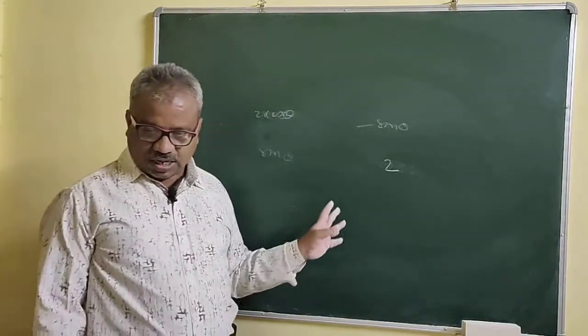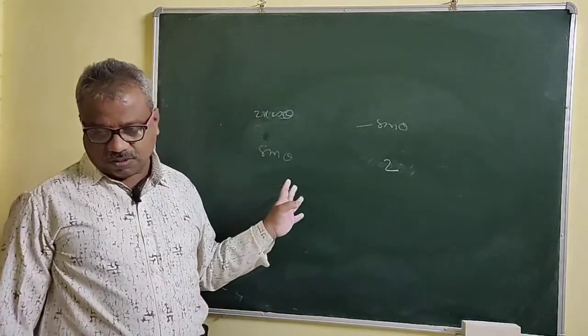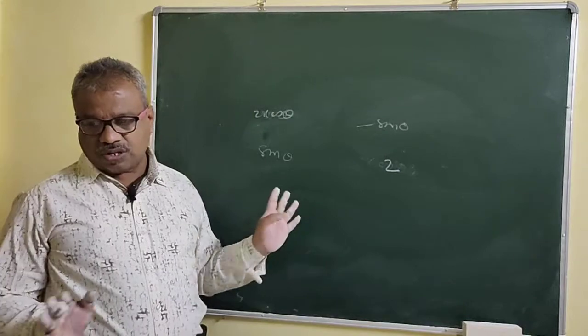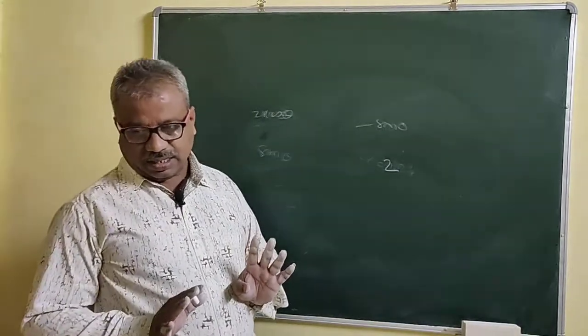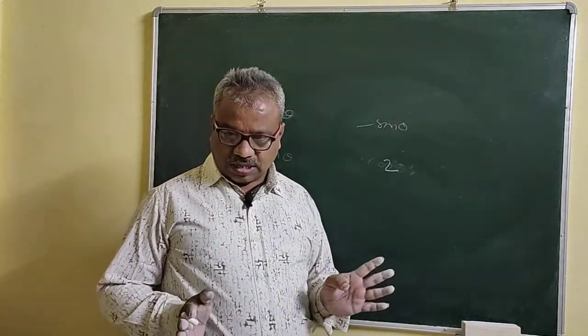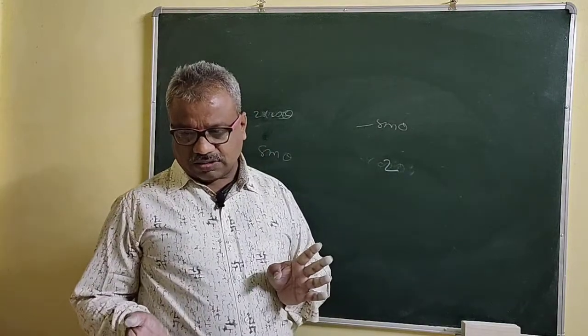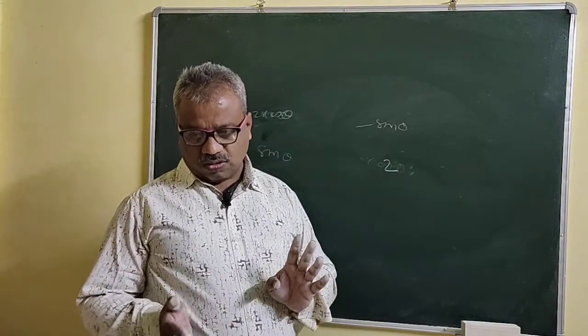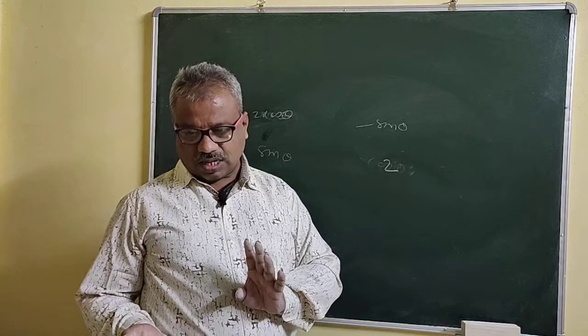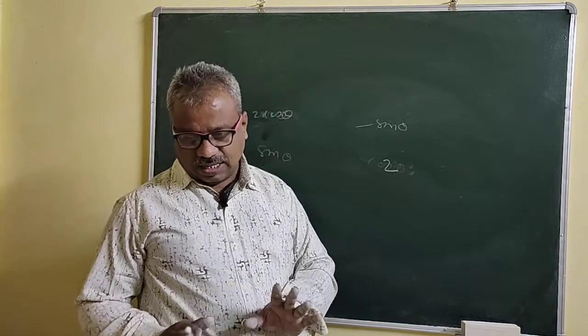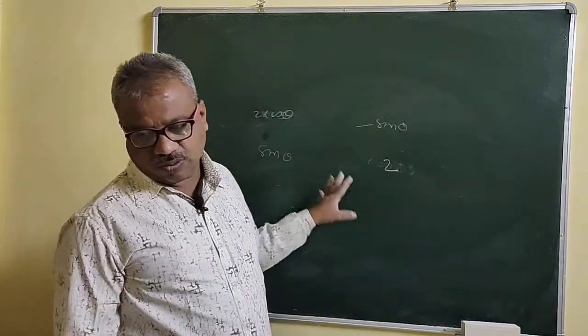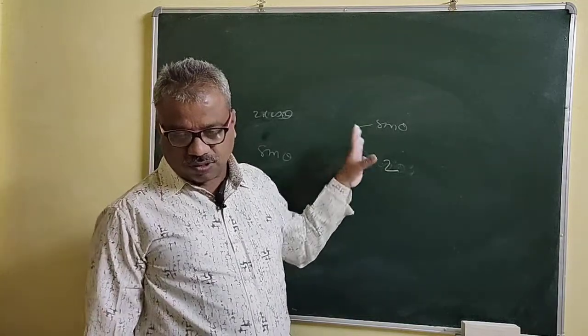So I hope that you understand this one. You saw the number of problems on trigonometry. All the problems are based on the fundamental identities, right? Sin square theta plus cos square theta is equal to 1. 1 plus tan square theta is sec square theta. 1 plus cot square theta is the same as cosec square theta, right? With the help of these three identities, you have to do all the problems. I hope that you can solve the rest of the problems, right?